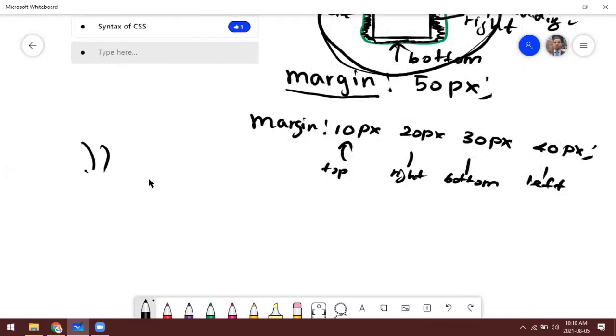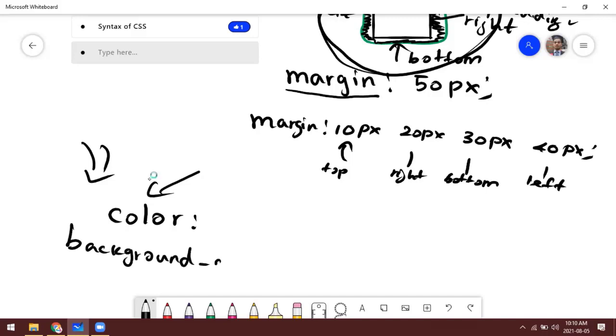If you just use the color property, you are referring to the foreground color or the text color. If you use background color, it is self-descriptive. We are referring to the background.